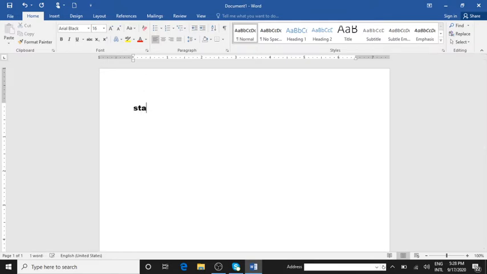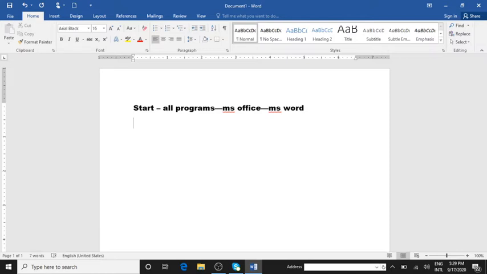Start, then All Programs, then MS Office, MS Word. Children, this is how you are supposed to start with Word. Click on Start, then select All Programs. In All Programs you will select MS Office, then MS Word.